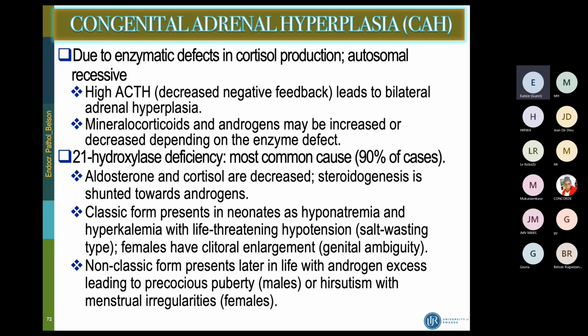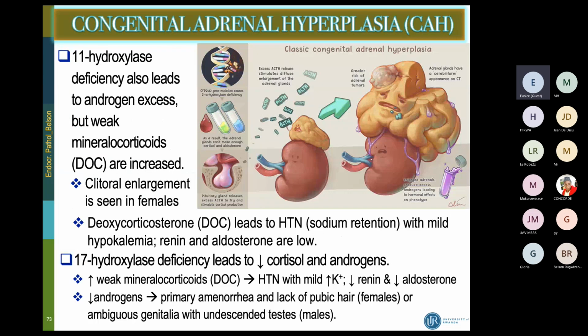Non-classic form presents later in life with androgen excess leading to precocious puberty in males, or hirsutism with menstrual irregularities in females. So I think the diagram is explaining the same. The classic congenital adrenal hyperplasia. Here, there will be excess STH release, which, as I said, will stimulate the diffuse enlargement of the adrenal